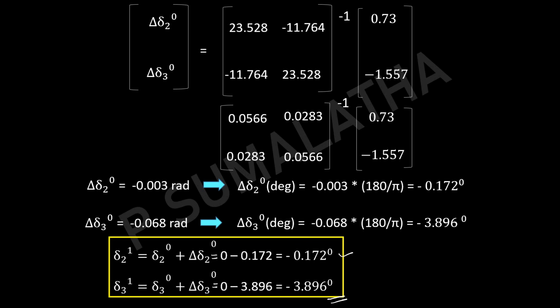Basically, our objective in this problem is to find out the operating voltage at all the buses. For the slack bus, we know both voltage as well as the angle, that is 1.04 at an angle of 0 degrees.